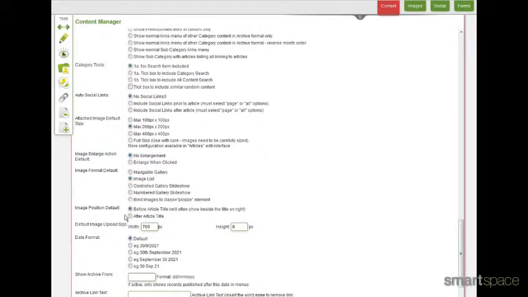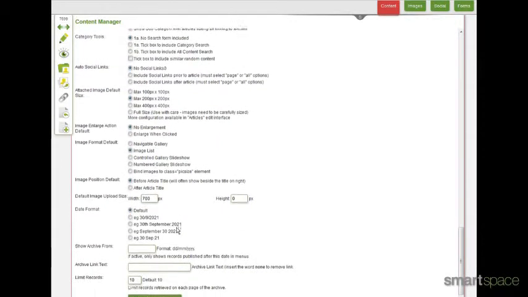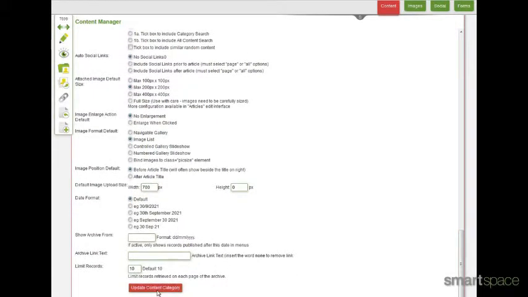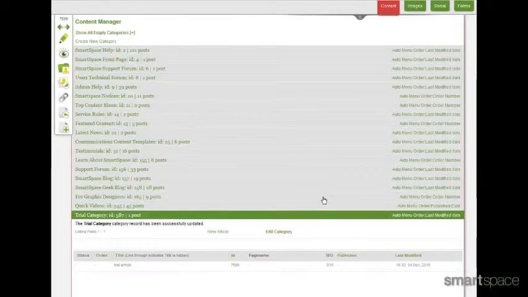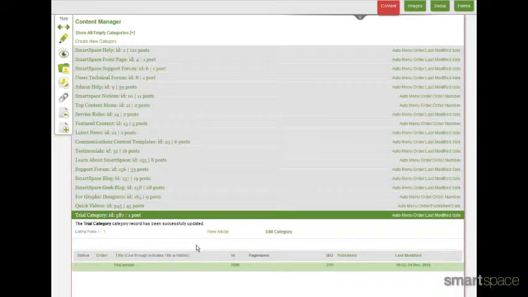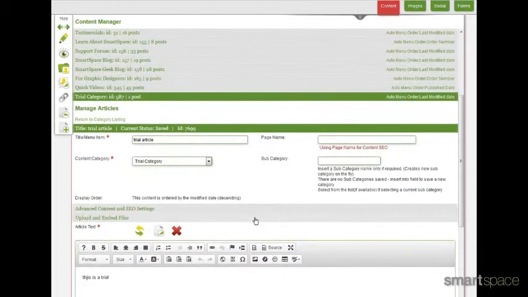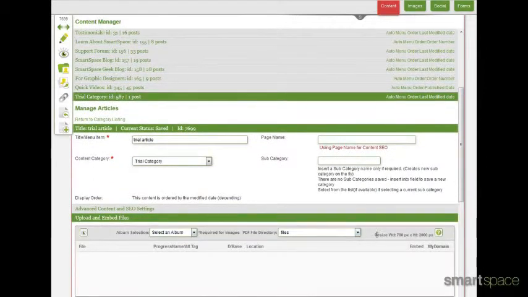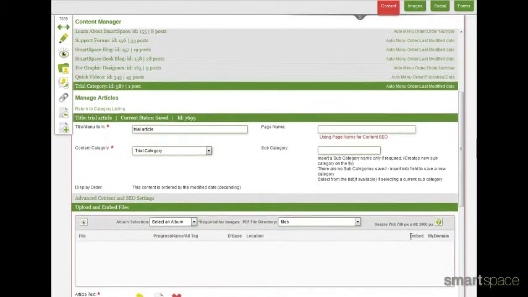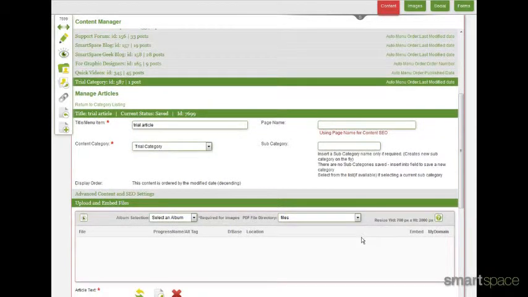Now you'll normally set a width, say in a blog, where you want your image size to fit neatly into the size of your website. So by just selecting the right width there and then clicking upload, you then set your default resizes. So just go back to your article, go to edit and go to upload and embed, and there's your size. Also there you'll see the little icon for the help file there. You can click. Then of course there's the files